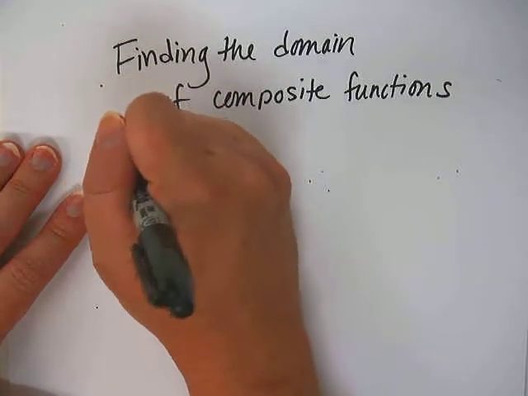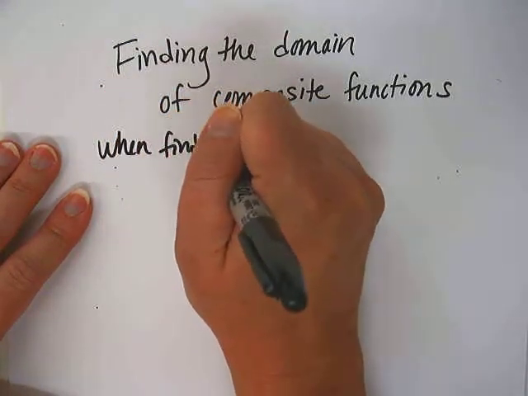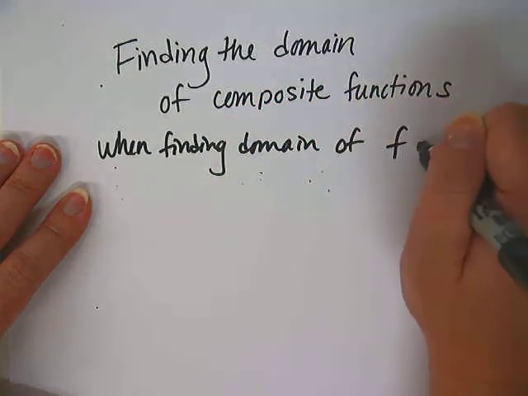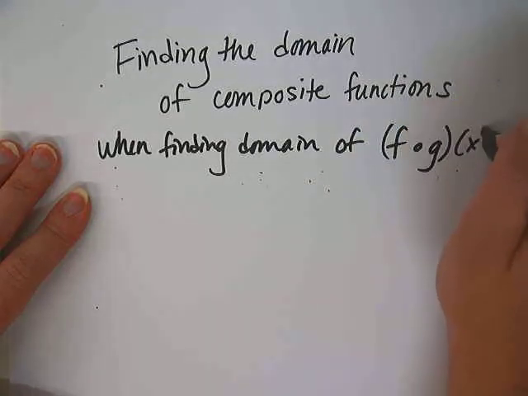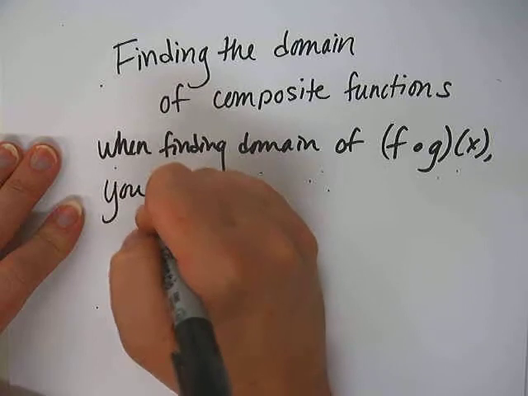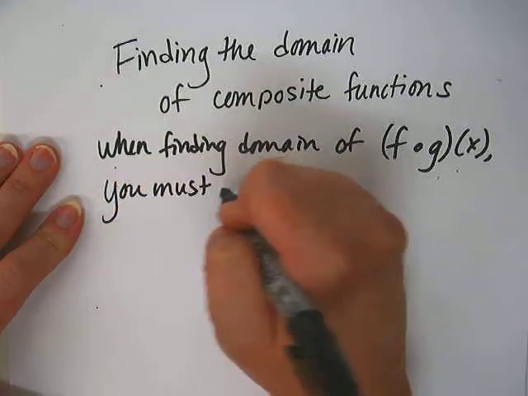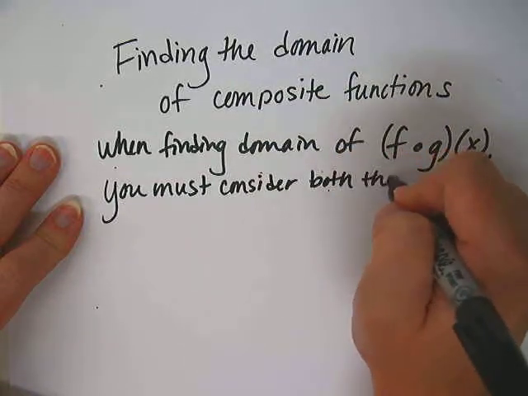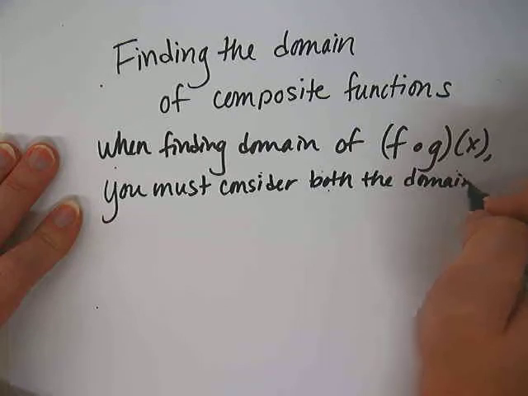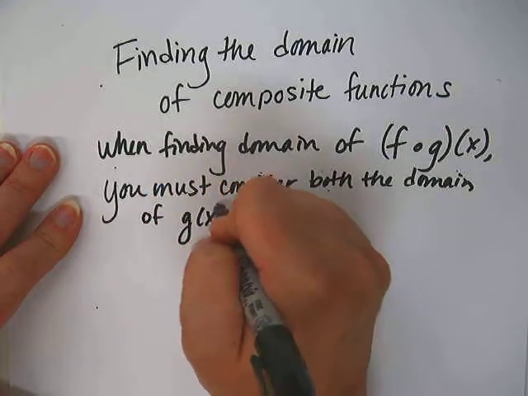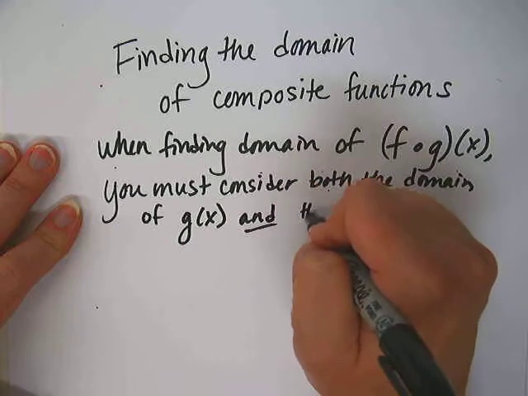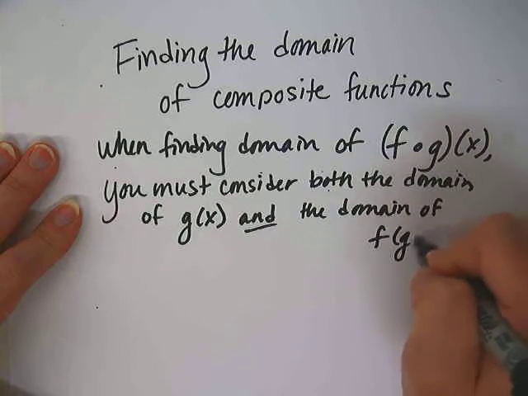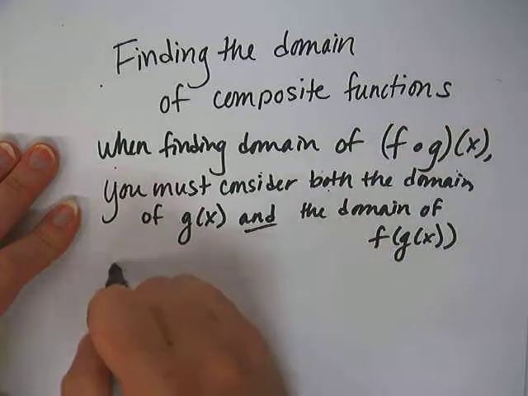When you're finding the domain of F composite G, for example, you must consider both the domain of G of X and the domain of F of G of X,